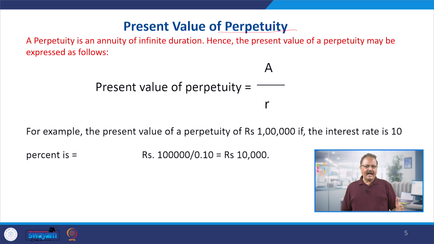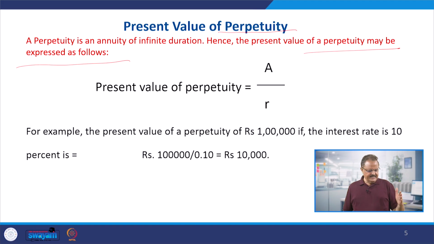Perpetuity is an annuity for infinite duration. Hence, the present value of the perpetuity may be expressed as follows. It means the basic difference between the annuity and perpetuity is, annuity is still maybe for a longer period of time, but the time period ends